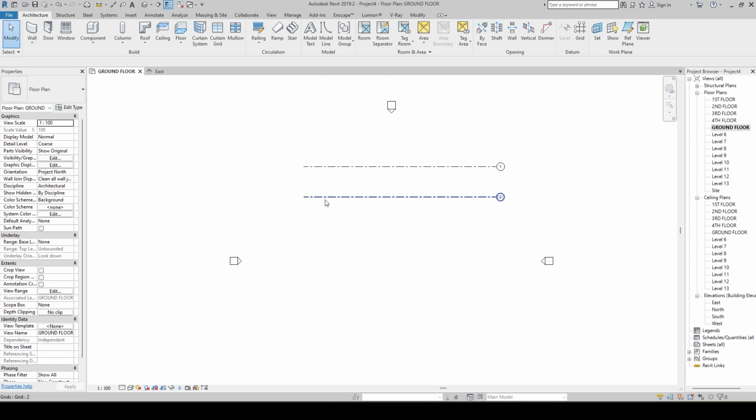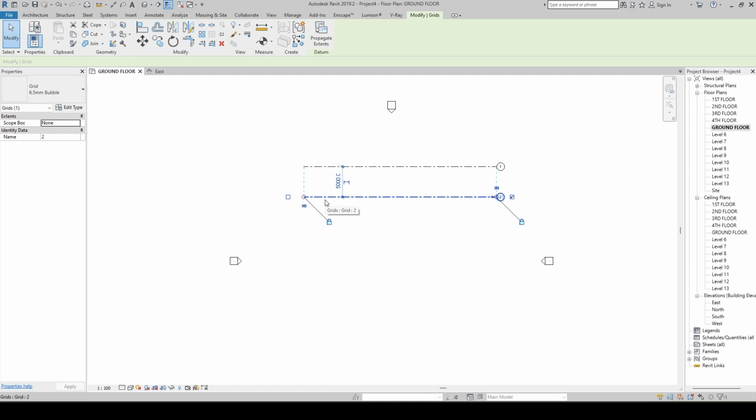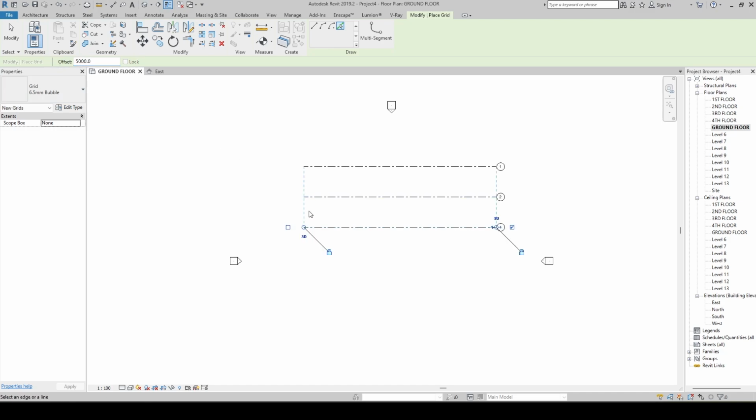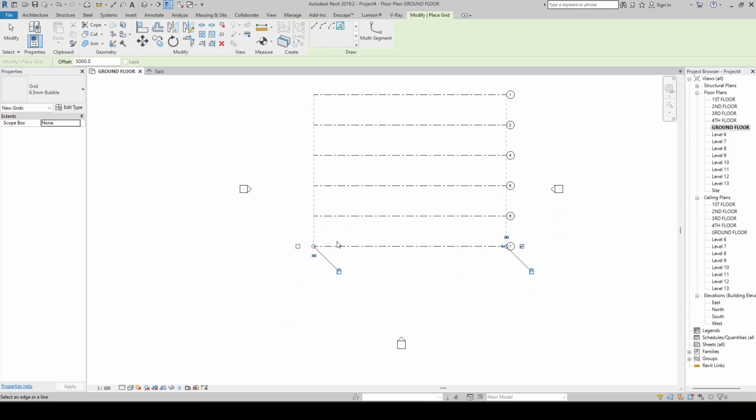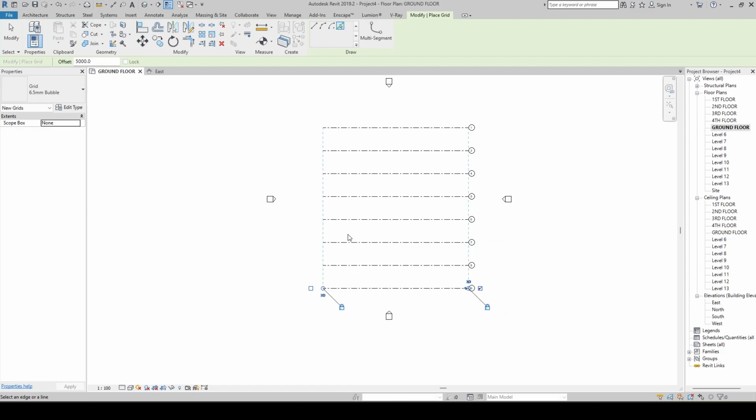In order to add a few more grid lines, I simply select the one particular grid and select CS, which means create similar. Maybe I can just pick a line and select the offset as 5000, and I can just select here, here, here, here and here. All right, so this is how the levels have been generated in one direction, but